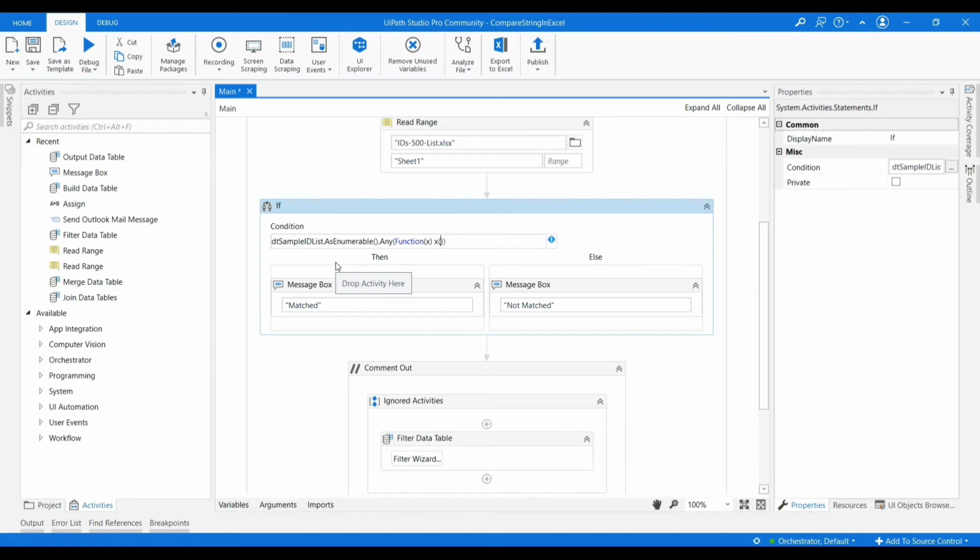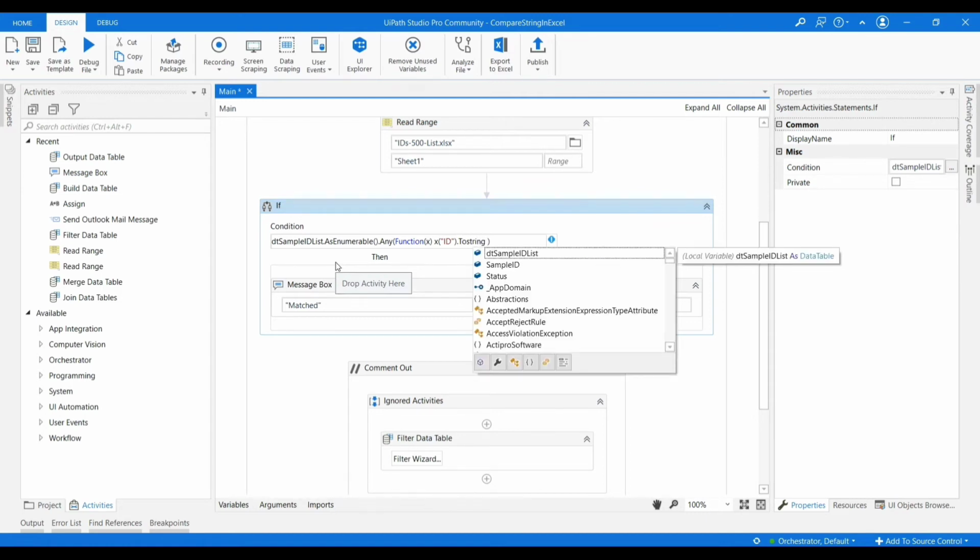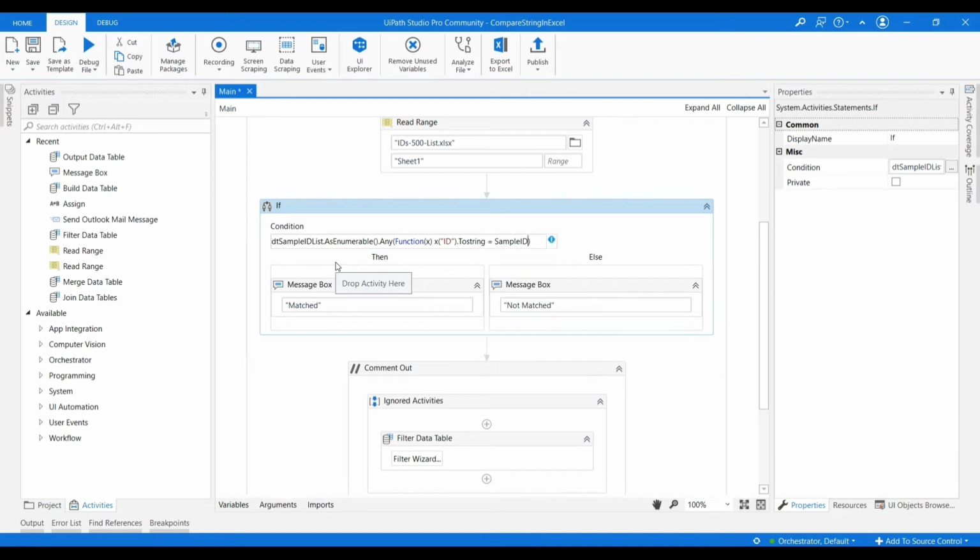We have to give the column name. x of column name, where column name is nothing but the Excel header, ID, dot ToString, and we need to check whether the value equals the sample ID. Then we give an equal sign and sample ID dot ToString.